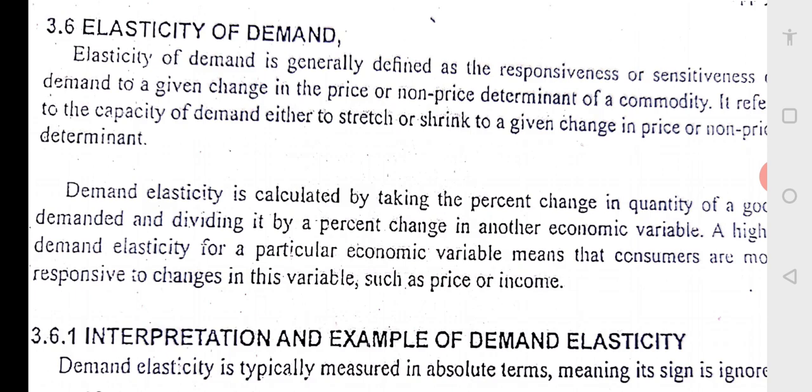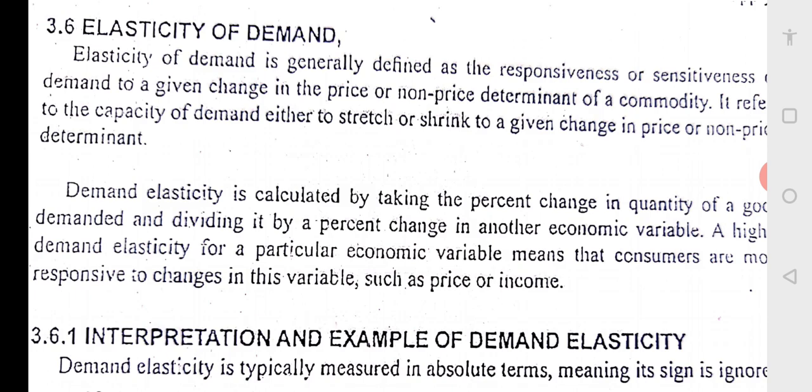So this is known as elasticity of demand. And there are two important types of elasticity actually. One is price elasticity and the second is income elasticity. Okay, so what is price elasticity? Price elasticity of demand measures the change in quantity demanded to the change in the price. That is, it is a ratio of percentage change in the quantity demanded to the percentage change in the price. Price elasticity is equal to proportionate change in quantity demanded divided by proportionate change in the price.